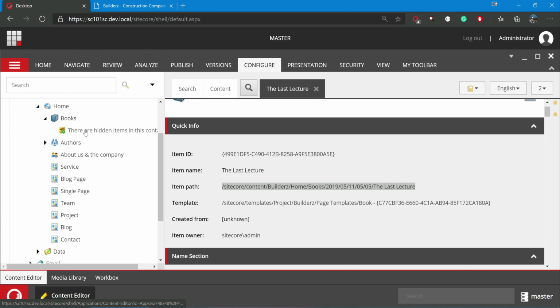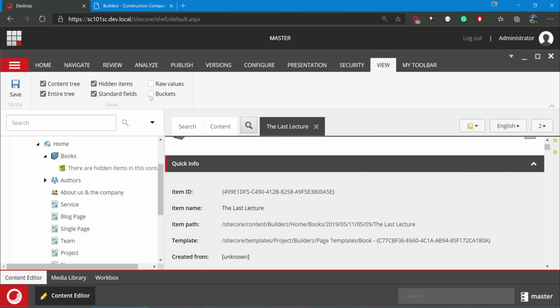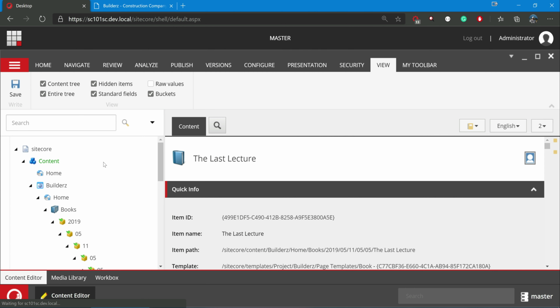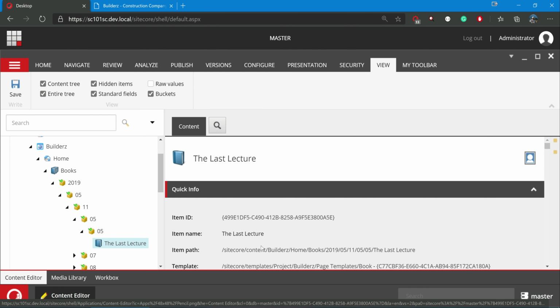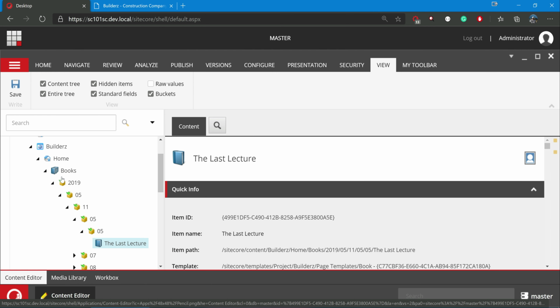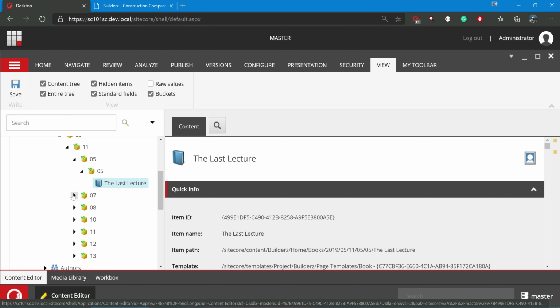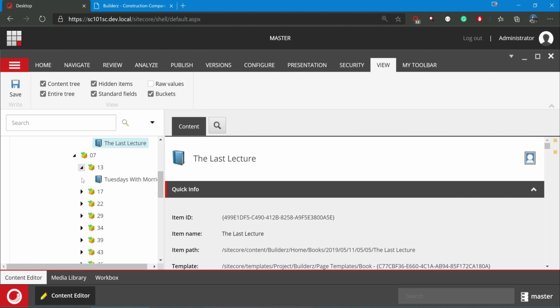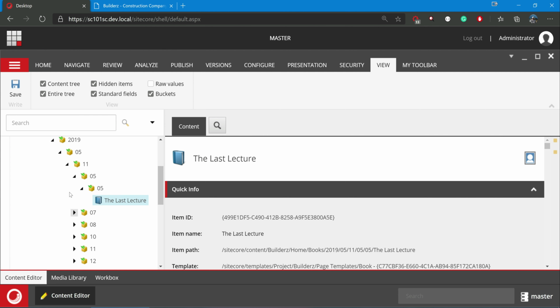If you want to see how it is here, go to views. There is a checkbox for buckets, so enable this. Then notice how it came in. It is the last lecture because we have already selected that, and it collapsed all these things with a bunch of numbers. So this is how these buckets will be structured and saved. So the URL would be impacted, but ideally content authors will not dwell like this. They will only use search operations and it will be much quicker.